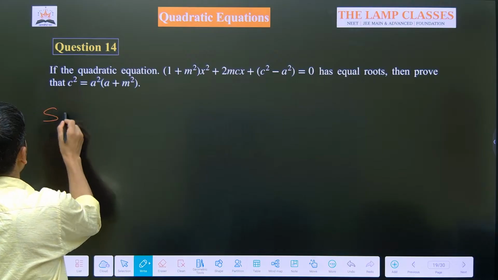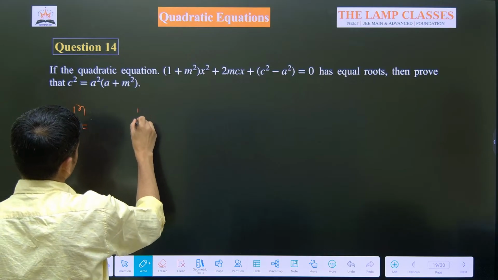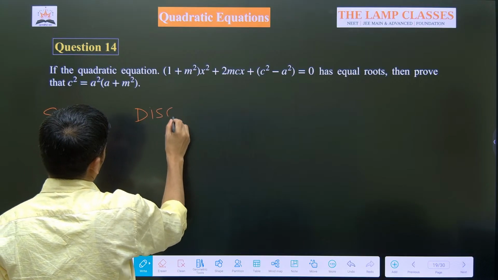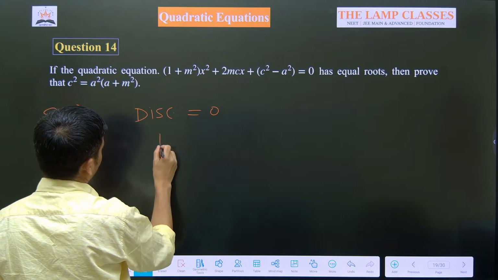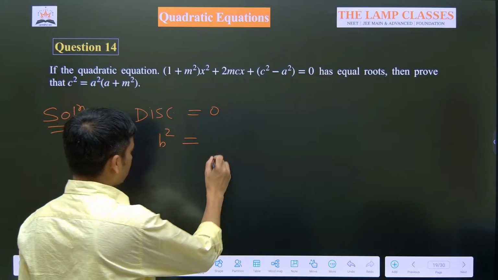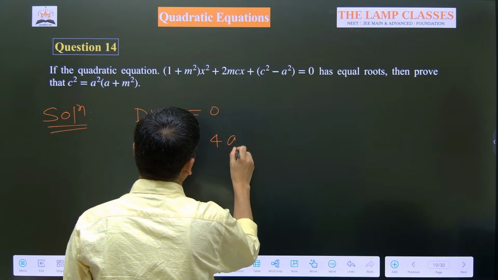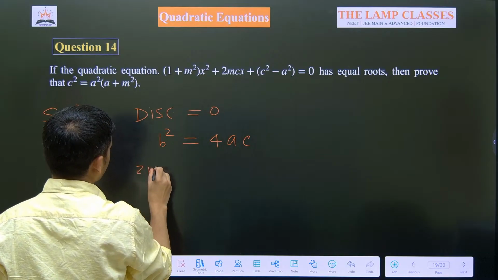So once again the discriminant will be 0. Either you say b square minus 4ac is equal to 0, or you can say b square is equal to 4ac. They are the same thing. B means 2mc,